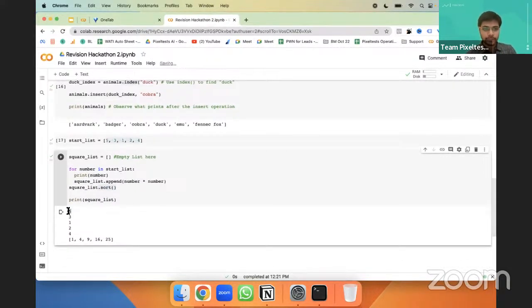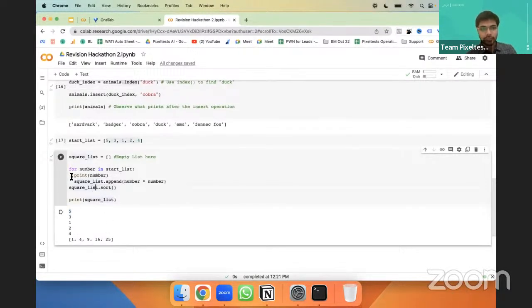When the loop started running, initially the number was 5, and that was added to square underscore list, and then 3, 1, 2, all the squares got added.